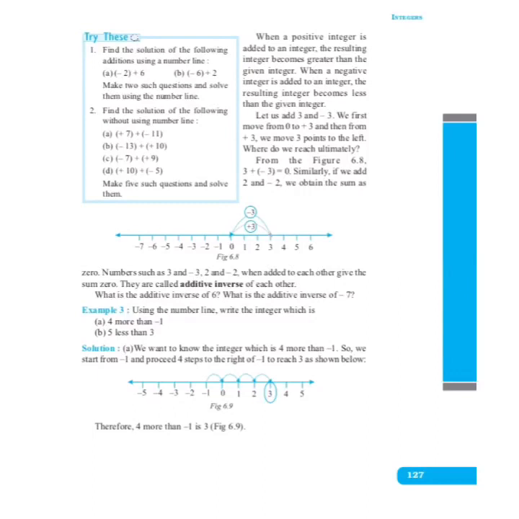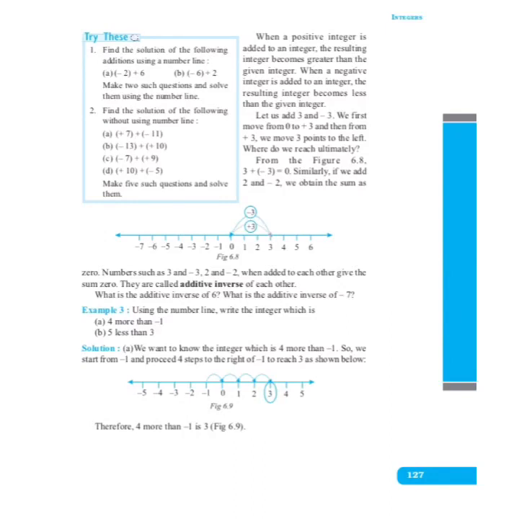For doing this sum, we will start from 0 and move towards the right of 0. We will move 3 steps right of 0 and we will reach 3. Now we will add minus 3 to it and what will happen now? Again we have to move left 3 steps and we will reach 0. That means when we shift 3 steps left of positive 3, we come back to 0.